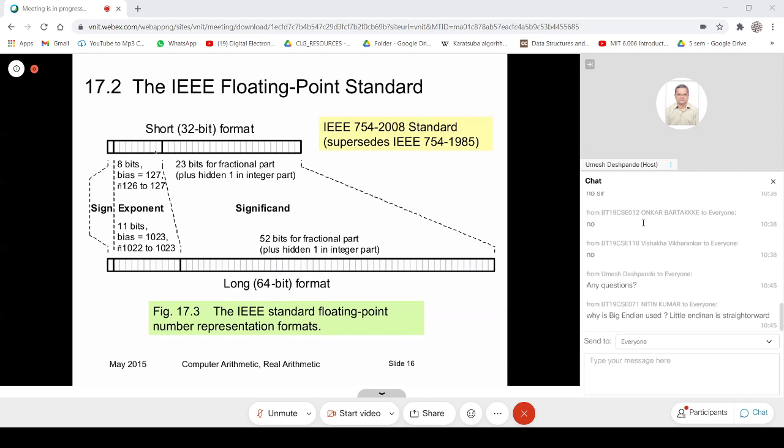First of all, I will have to get the binary equivalent of this number, and the exponent is adjusted in such a way that the decimal point is always pointing to the leftmost side.